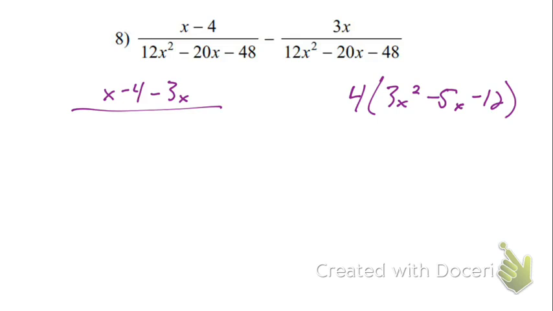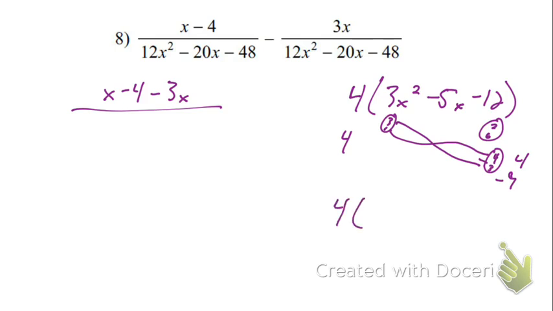Now, that could continue to factor. We don't know. So let's do 3 and the 1, and then this would be 2 and the 6, 4 and the 3. So we're trying to get 5 out of this. Oh, I got it. 3 times 3 is 9. 1 times 4 is 4. I need that to be negative, so that's going to be negative. So if I continue factoring,